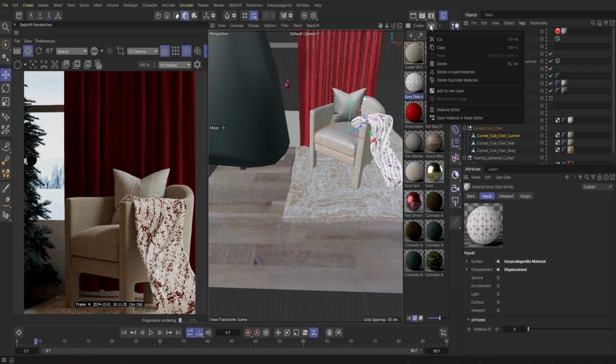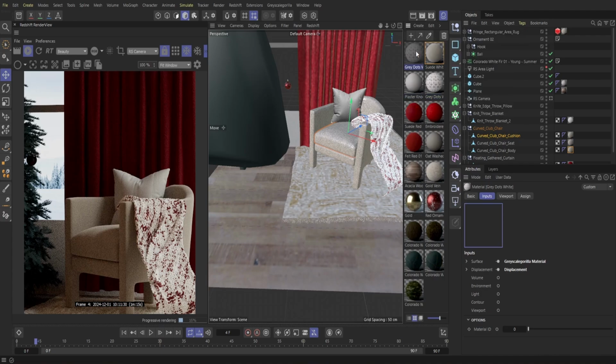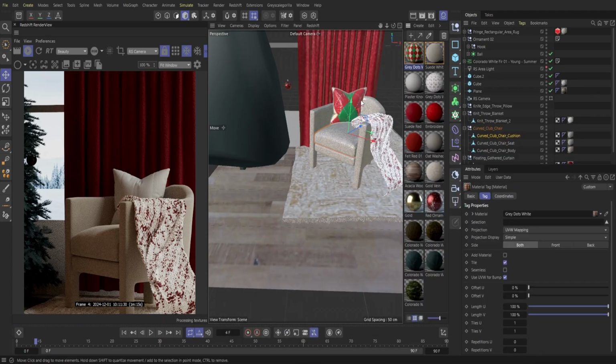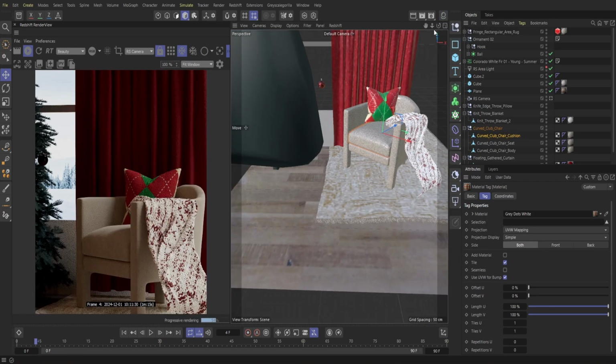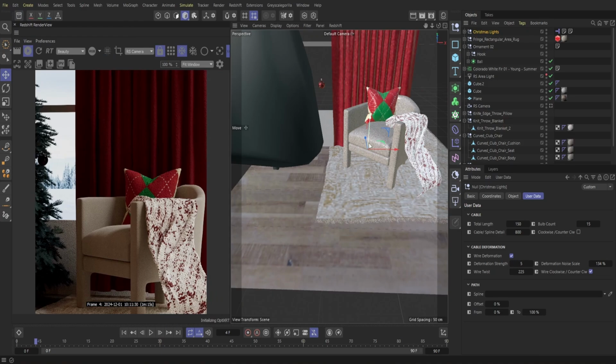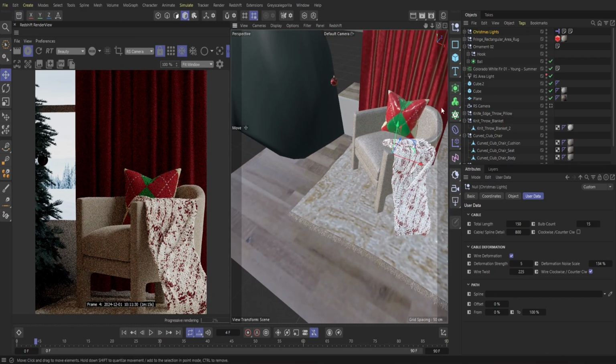And then what I'm going to do is just copy and paste that same material. I'm just going to detach the texture and import another texture, and this is going to be for our pillow here. So right off the bat, that is surprisingly looking pretty good. I just found this randomly, so I'm actually pretty shocked that this looks pretty good right as we start out here. But anyways, what we'll do is we'll go into Redshift and we will bring in some of these lights